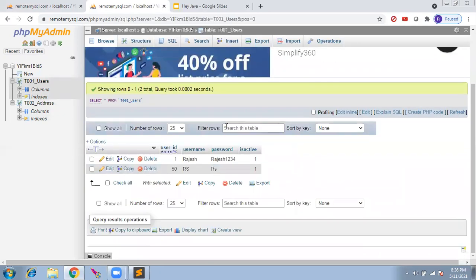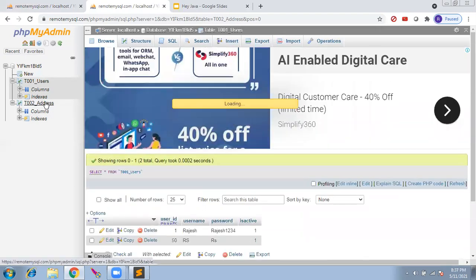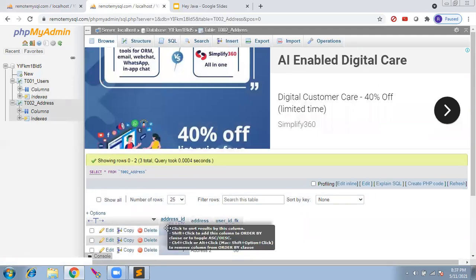This is the user table, and this is the primary key. You kept the whole user ID column as the primary key. I thought it was only for one row, but no, that column is the primary key. Okay, it's clear. In the same way, every table will have one column as a primary key.